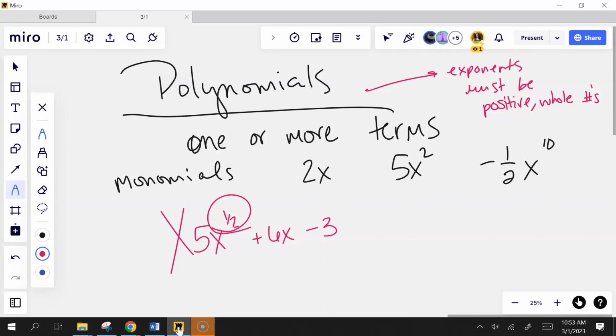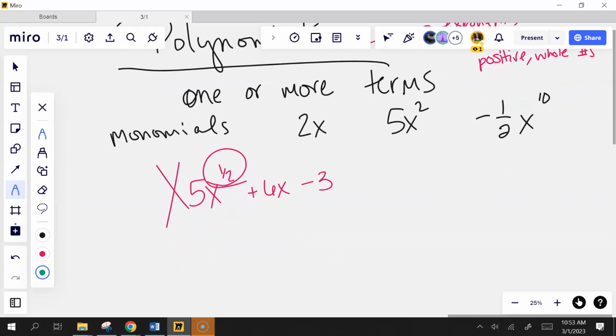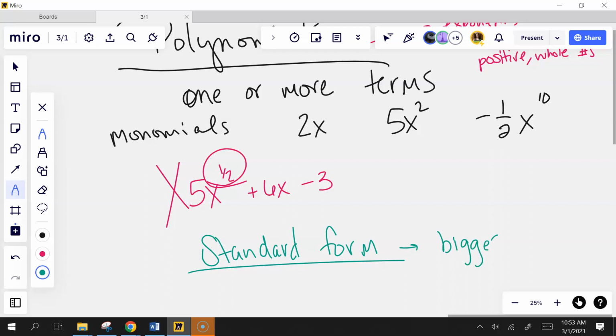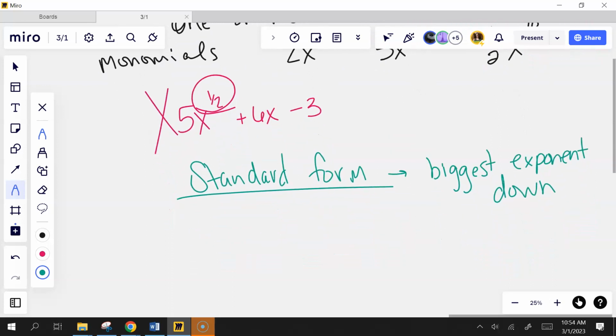When we write polynomials, we write them in what we call standard form. And if y'all already know this, and you probably do, I apologize. Just like with a quadratic, by the way, which is a type of polynomial also, standard form means I start with the biggest exponent and I work my way down from there. So to put it in standard form, you start with the biggest and then you work your way down to the constant. So for example, maybe something like